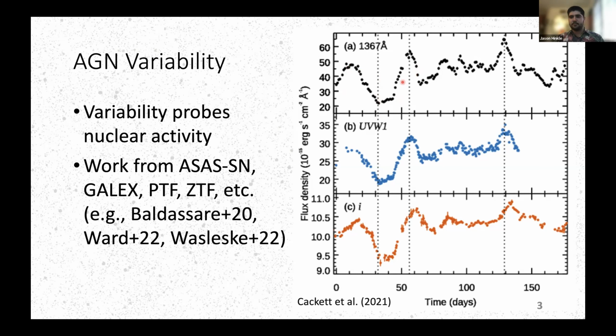Obviously, this is a strong sign as compared to a normal galaxy that's just made up of stars and should have no strong variability: if we see variability come from the nuclear regions of galaxies, it's a sign that you have this actively accreting black hole, or an AGN. So all of the stuff I'm talking about today using TESS builds on work in the past decade or so, both from ground-based surveys and other space-based missions, to select these AGNs through their variability signatures.